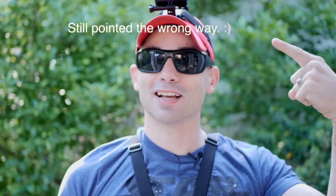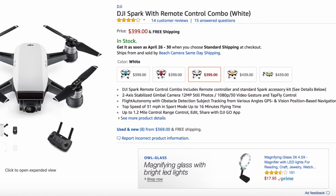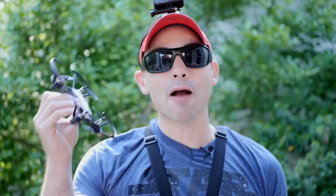I like having a flip screen. I can actually know which direction to point to for what I'm talking about. Or you could save up a little more and get the DJI Spark, which I think is the most affordable actual camera drone. However, I would recommend the Tello if you're looking for something just to fly around your house,